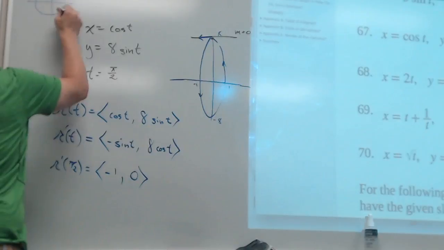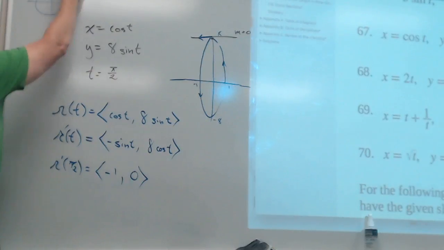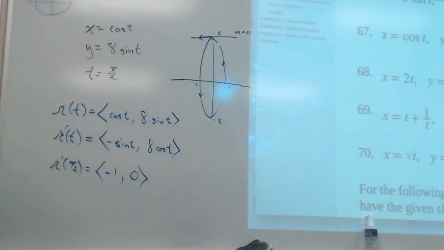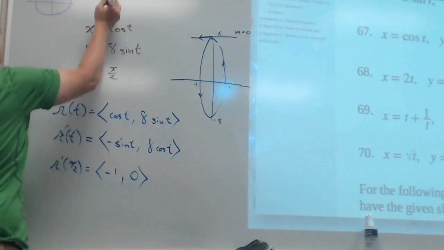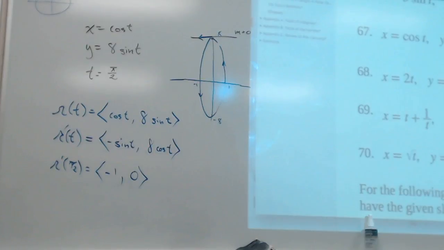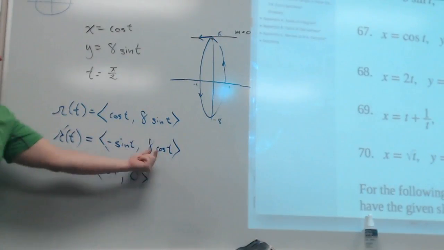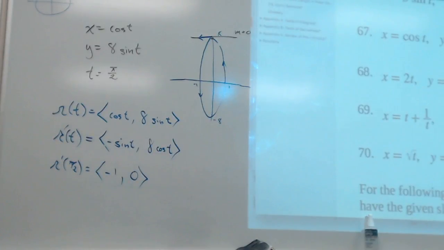Here's the unit circle, and it's still a circle. So the sine of pi over 2 would be 1, and the cosine of pi over 2 would be 0. So what I'm plugging in here is 1 times -1 and 0 times 8. So that first vector is pointing to